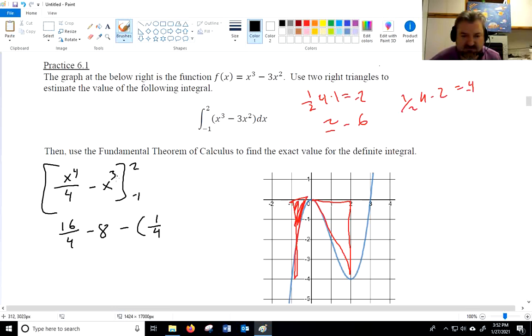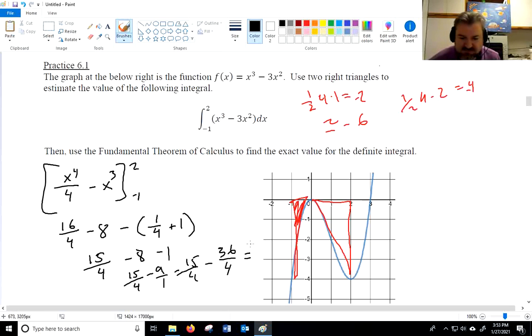And then -1 cubed is -1, and minus a -1 is +1. So then this becomes 16/4 minus 1/4 is 15/4. Minus 8 minus 1 makes a -9. So 15/4 minus 9 over 1 is equal to 15/4 minus